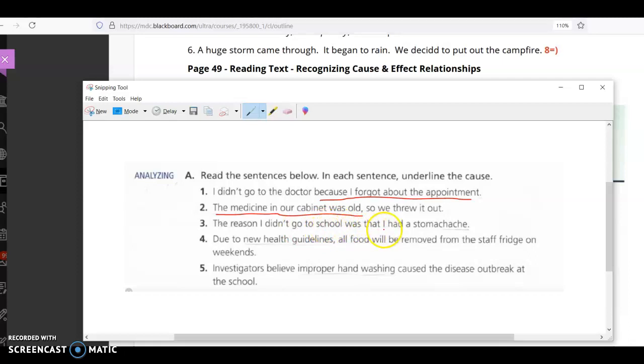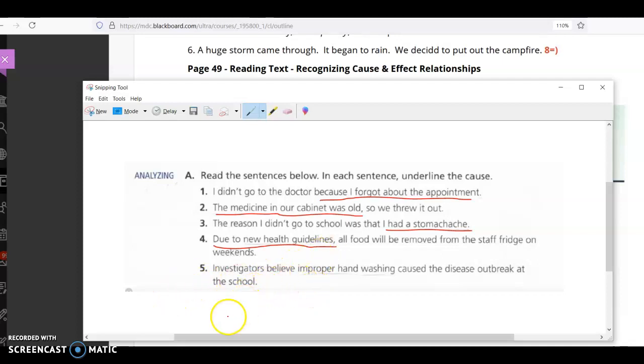So, I had a stomach ache. I was sick. This is the cause, and the result or effect is I did not go to school. Number 4, due to new health guidelines, all food will be removed from the refrigerator on the weekends. And finally, number 5,